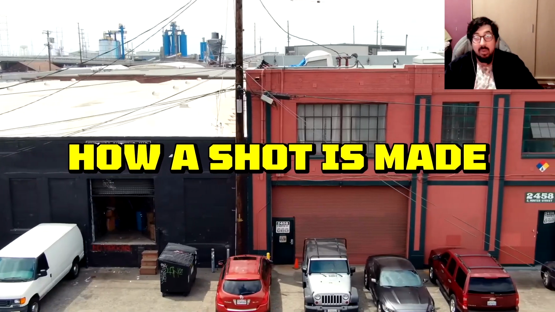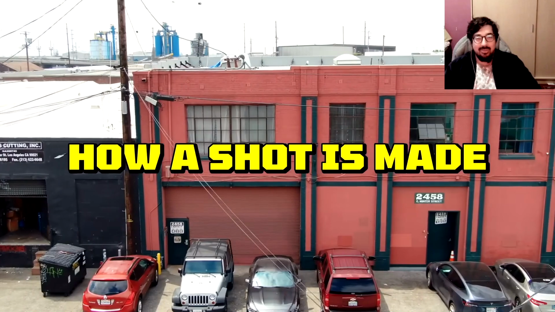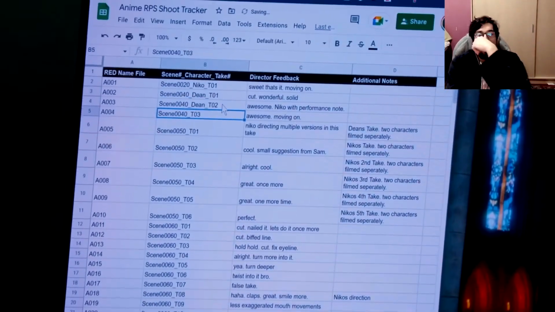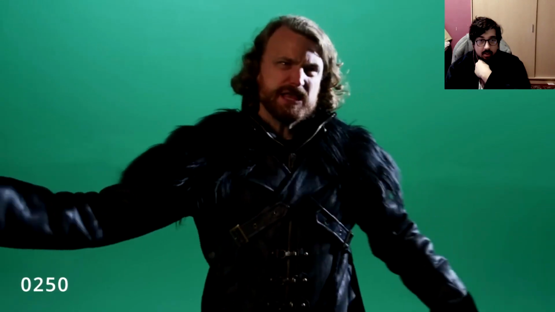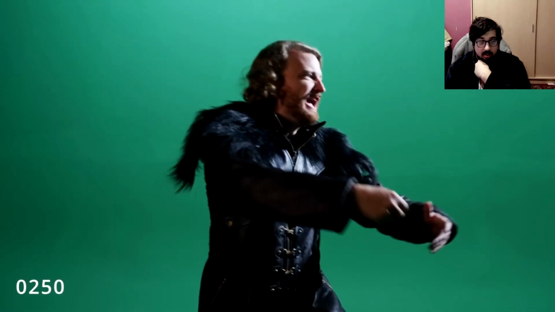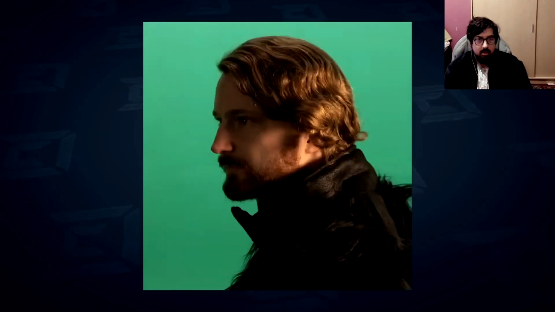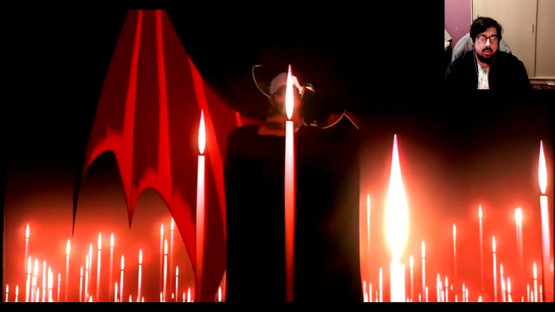Now let me really show you the workflow that we came up with that led us to 120 effect shots for this piece. So here's the video of me on the green screen, in costume, doing all the acting with the lip sync, right? So what we want to do is have the AI basically trace this in a cartoon style. Because we need to train a model to both know what I look like, as well as what style we want to apply.